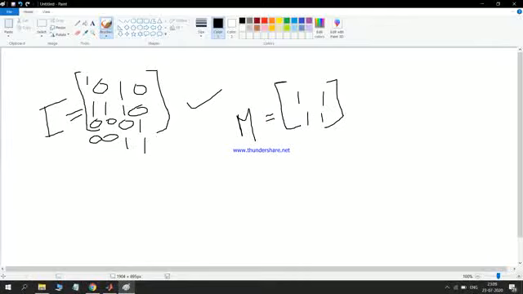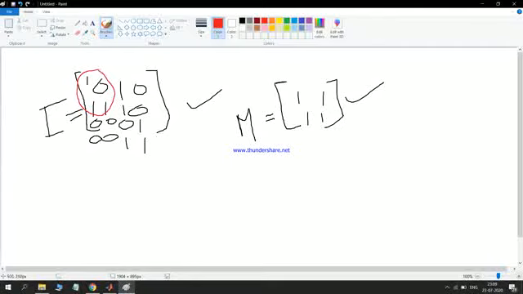So now what we are supposed to do, we will be considering this matrix M, and we will see how many of the elements are matching with the submatrices of I. First we'll see these 4 elements.